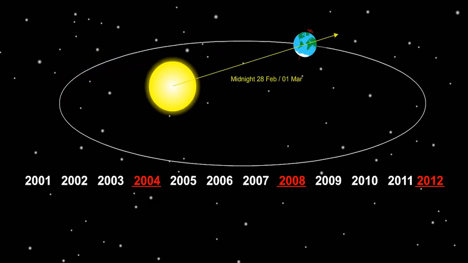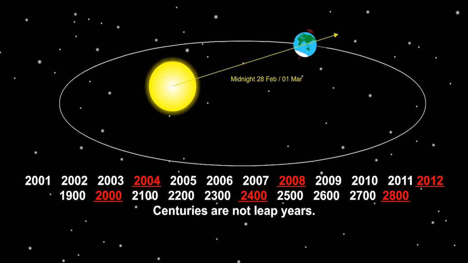The normal rule is that if a year is divisible by 4, it is a leap year. So 2008 was a leap year, but 2009 was not. 2012 is, and so on. However, whole centuries, such as 1800 and 1900, are also divisible by 4. The first of our adjustments is that centuries are not leap years.